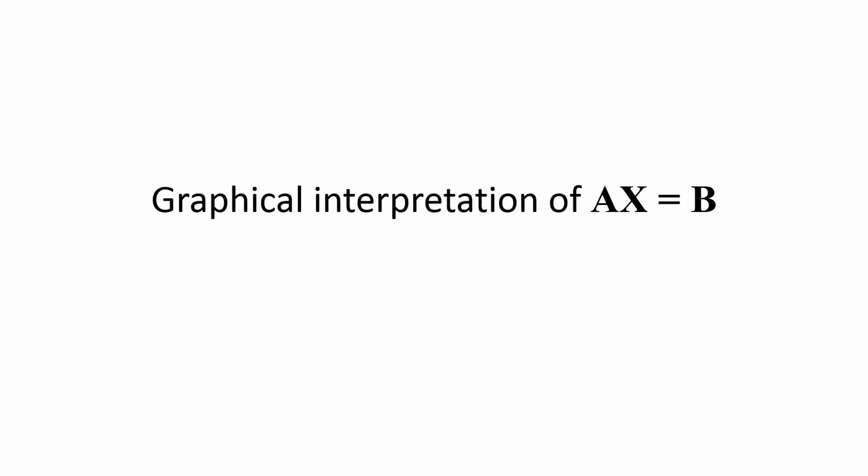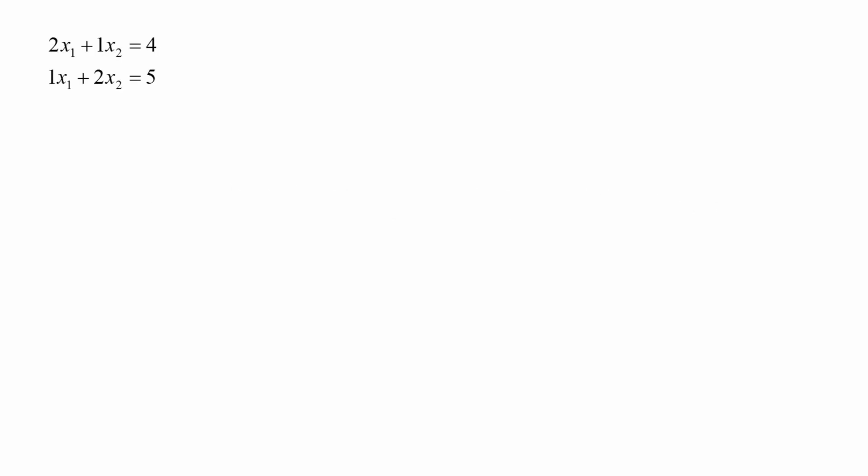In this lesson, we will discuss the graphical interpretation of sets of linear algebraic equations. Here we have a system of two linear algebraic equations, 2x1 plus 1x2 equals 4, and 1x1 plus 2x2 equals 5. If we solve both equations for x2, we obtain x2 equals negative 2x1 plus 4, and x2 equals negative